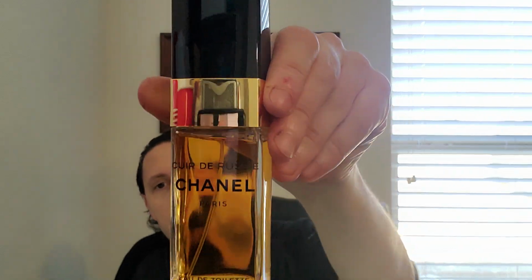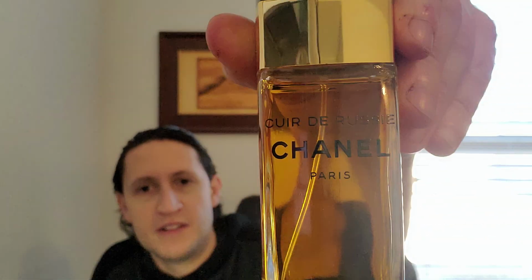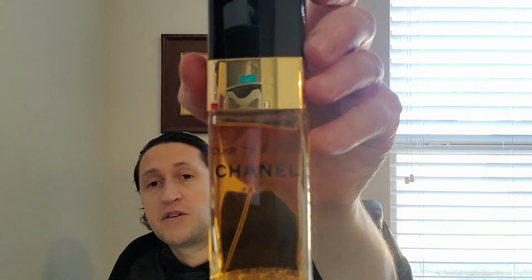But I am just so very blessed to have this bottle. And this might be the prize of my collection, to be honest with you. These are so hard to come by. And whenever they do pop up for sale, people want just exorbitant amounts of money. This is Patchouli pour Homme level, basically. But it's worth it. I mean, it really is. If you're going to drop $1,000, don't go buy Roja's Parfum de la Nuit number 1, 2, or 3. Go buy this. I mean, seriously, if you can find a bottle unopened, unsprayed like I did, it's so complex,